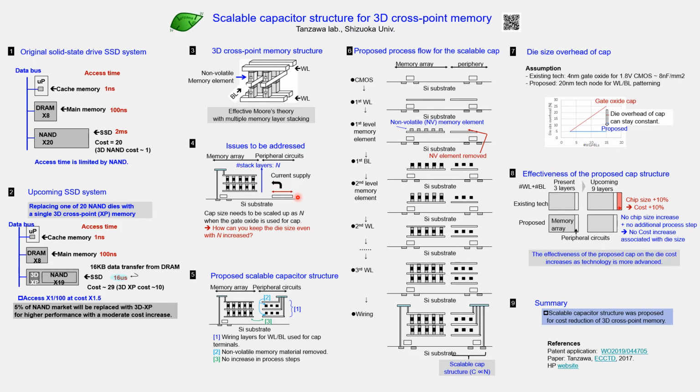Therefore, if we want to increase the drive current at the same rate as the number of layers of cross-point memories, then you have to increase the capacitor area, which also increases, of course, die size, and which increases the cost. This is a problem because